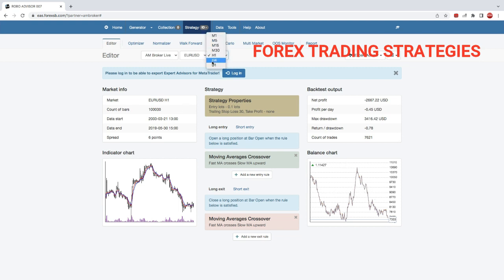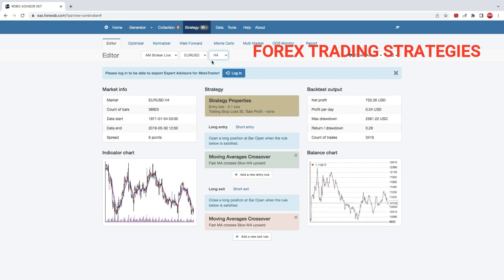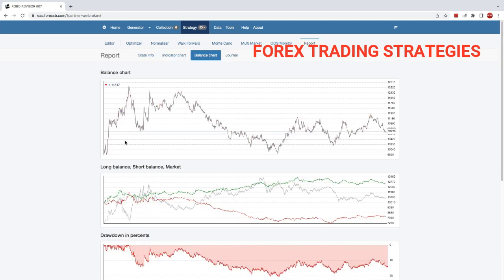Let's maybe check on 4 hour time frame. Wow, look at that. 4 hour time frame, we could have made some profit. Let's just go back to the balance chart. So 4 hour time frame, we actually start good, then we lose some money, then we make some money, then kind of stagnant, then some money, then a period of losing money, then a period of making money, then it goes on like that. Eventually we end up with